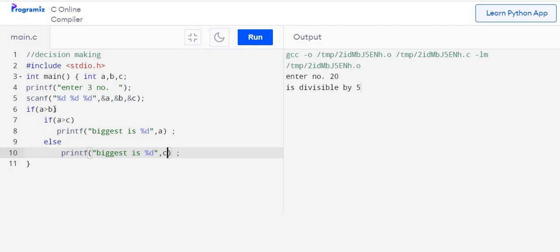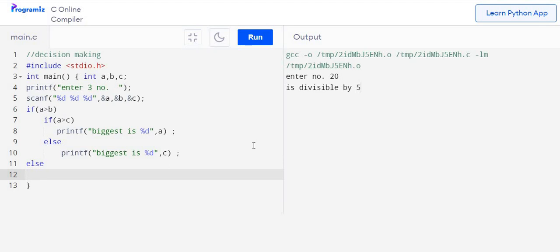So if A is greater than B, then A is bigger. If still A is greater than C, that means A is bigger. But if A is not greater than C, then C is bigger. So this is executed if this condition is true. Now, if this original statement of if is false, then else.